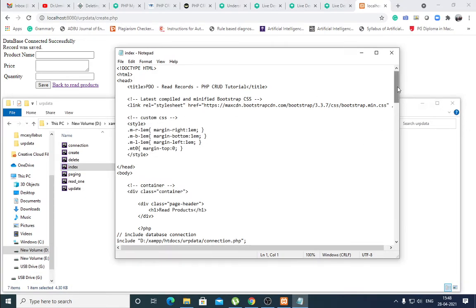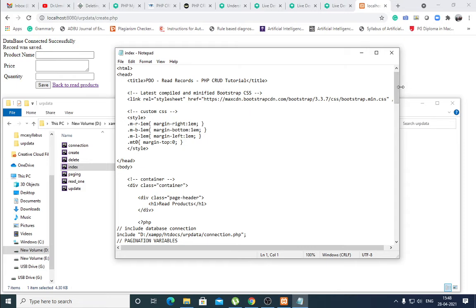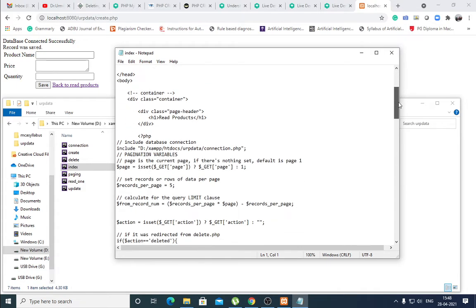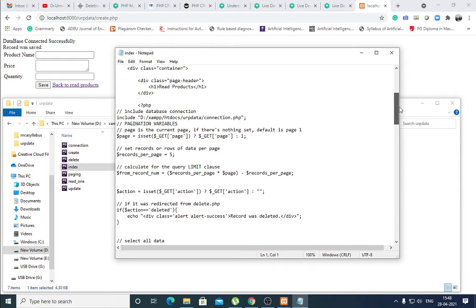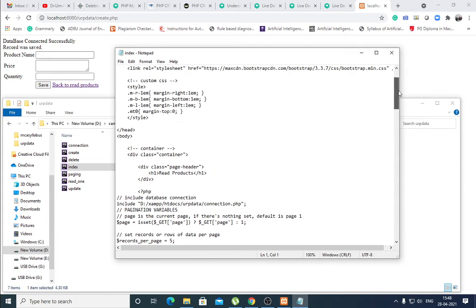Here all the bootstrap is used, the bootstrap template, and then include the database connection. All the files are there for include.